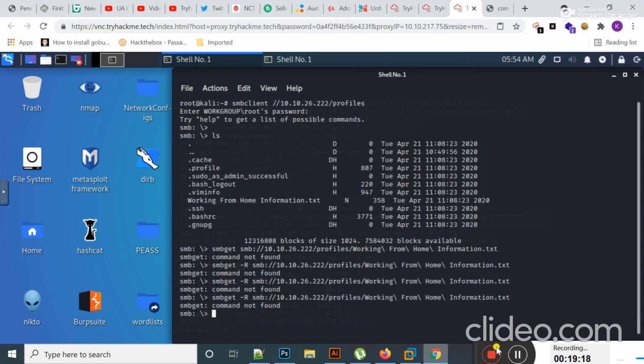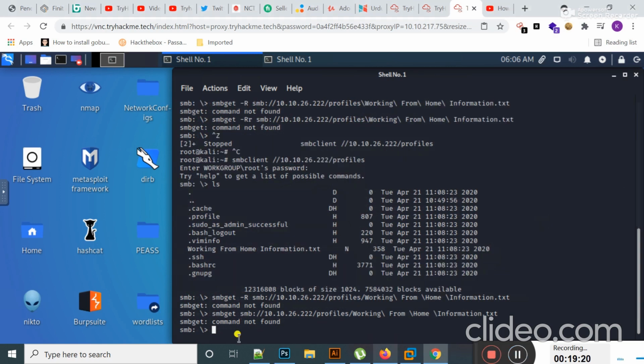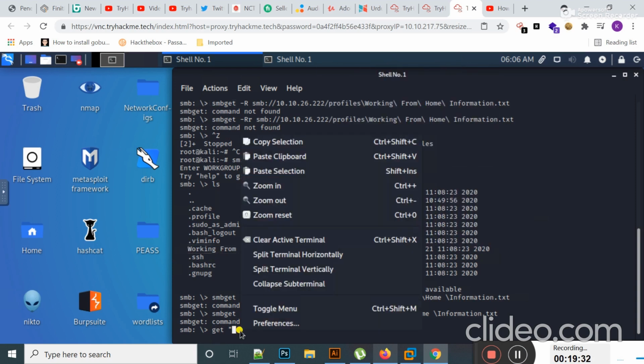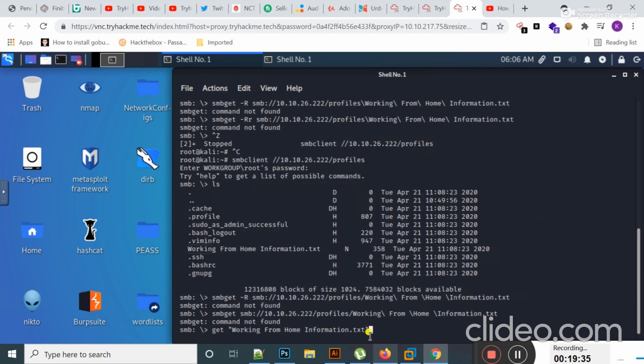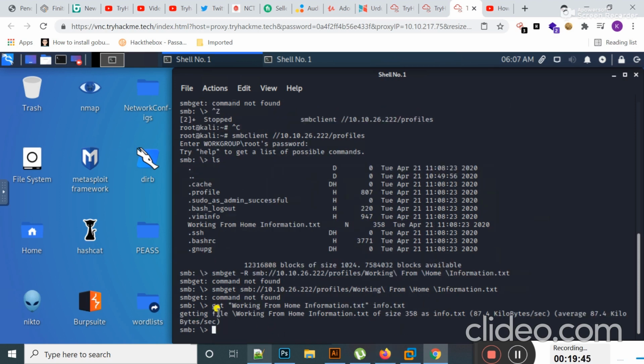It still shows an error. Okay students, let's change my command. If I use get and then I copy this and paste it in inverted commas, and then the file name that I want to copy, info.txt, and hit enter.